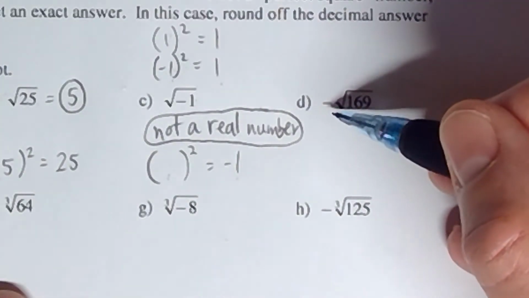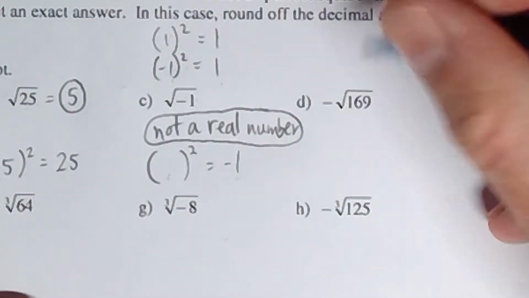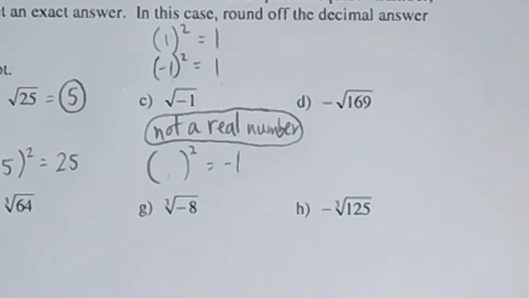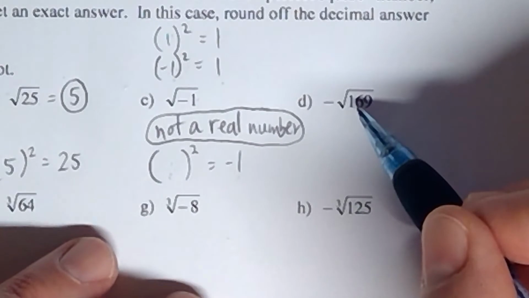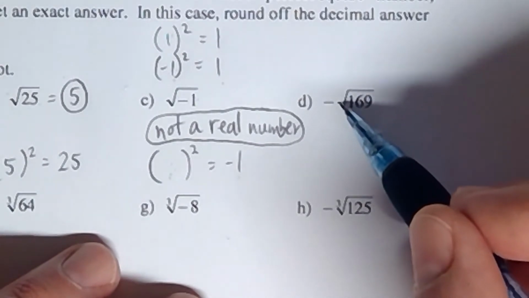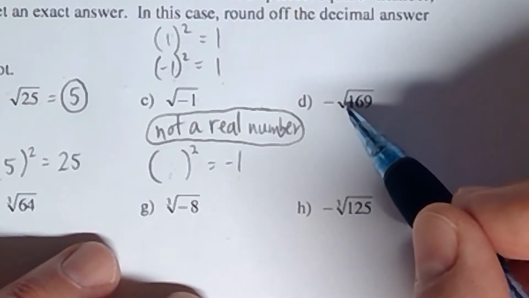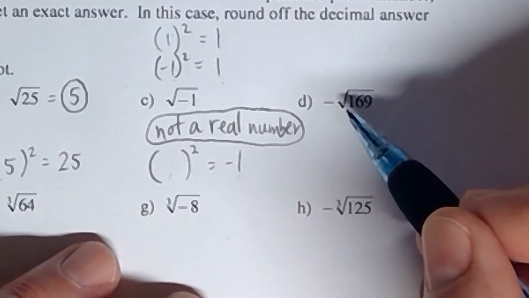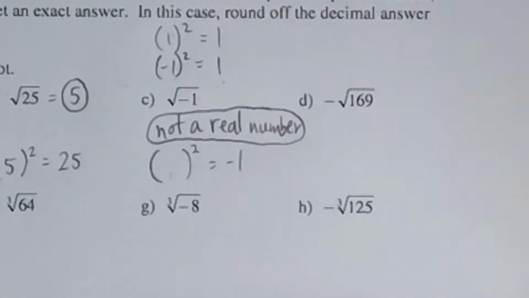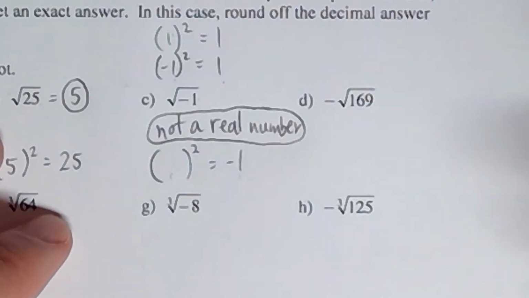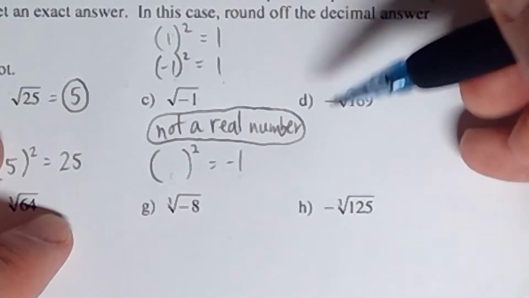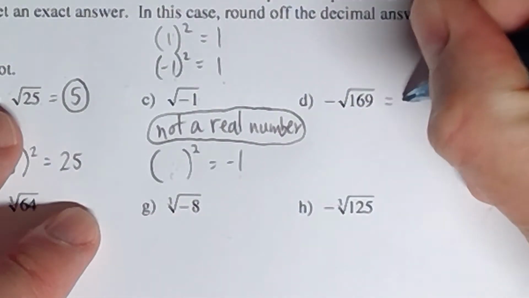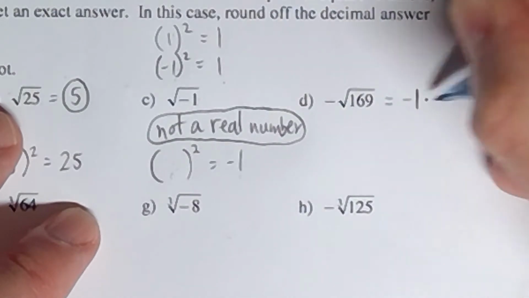First of all, what do I do with this negative? Whenever you have a negative at the beginning of a problem, the beginning of any math problem, and it's immediately followed by what we call a grouping symbol. An example of a grouping symbol is a radical or a parenthesis or an absolute value. I know we haven't seen absolute values, and we won't right now, but the point is that when you have a negative sign at the beginning of the problem followed by a radical, that negative sign means -1 times the